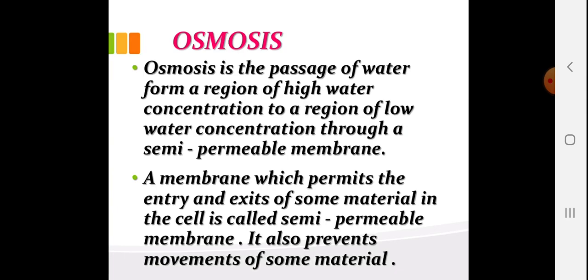Osmosis. Osmosis is the passage of water from a region of high water concentration to a region of low water concentration through a semi-permeable membrane. A membrane which permits entry or exit of some materials in the cell is called a semi-permeable membrane. It also prevents the movement of some materials purposely. In our previous slides, we have talked about isotonic, hypertonic and hypotonic solutions and the movement of water by